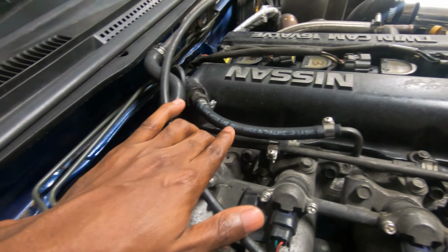causing it to die. You know, when you have a boost leak or a vacuum leak, the car will die, which I don't know if it was flooding the engine or just had that big boost leak or both factors causing the car to die, but that was a huge leak. I am constantly driving on about a quarter tank or close to a half tank. I think I should put a lot more fuel in the gas tank to stop the vapor that I'm getting from the tank, as well as just...